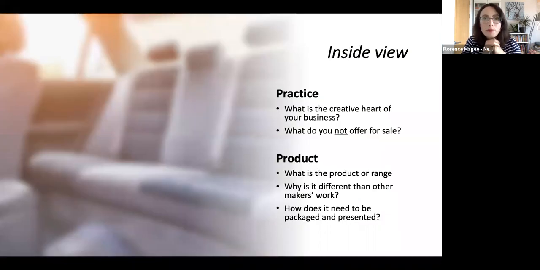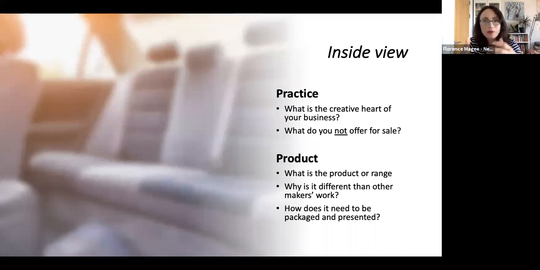Okay, so you're going to indulge me in my car analogy as I dig a little bit into what constitutes the business model. So looking inside is the practice, and it's the creative heart, of course, of your business. It's the reason why you're in business, and it is what makes you unique. And managing what becomes a product for sale and what do you not put out for sale is something very private, and I'm sure something nobody has got the solution for, but it is something that you will need as you have a business to keep an eye on, so that you keep creating, but also when to edit and when to bring the right product to market.